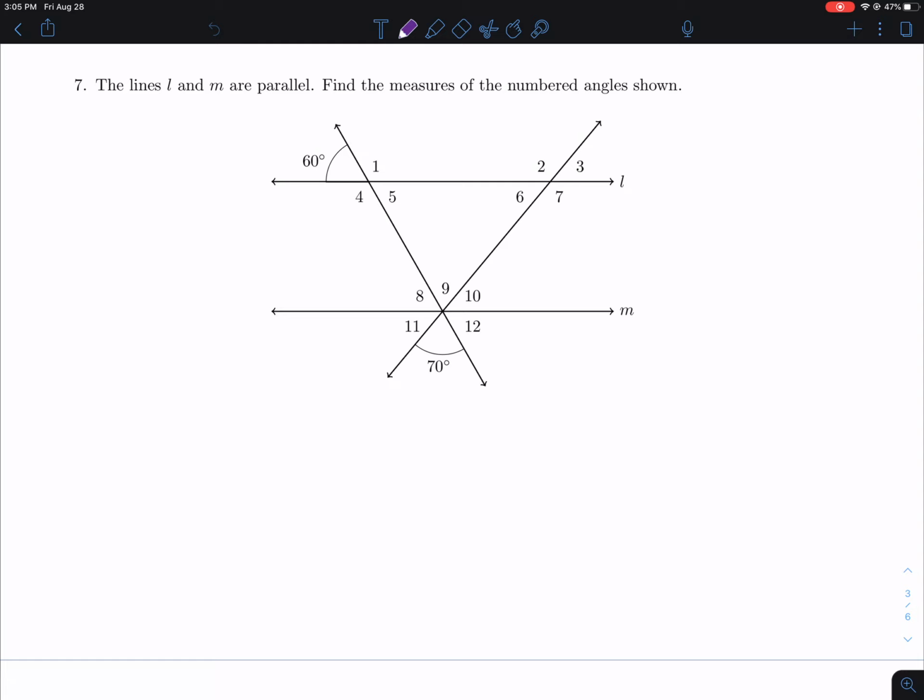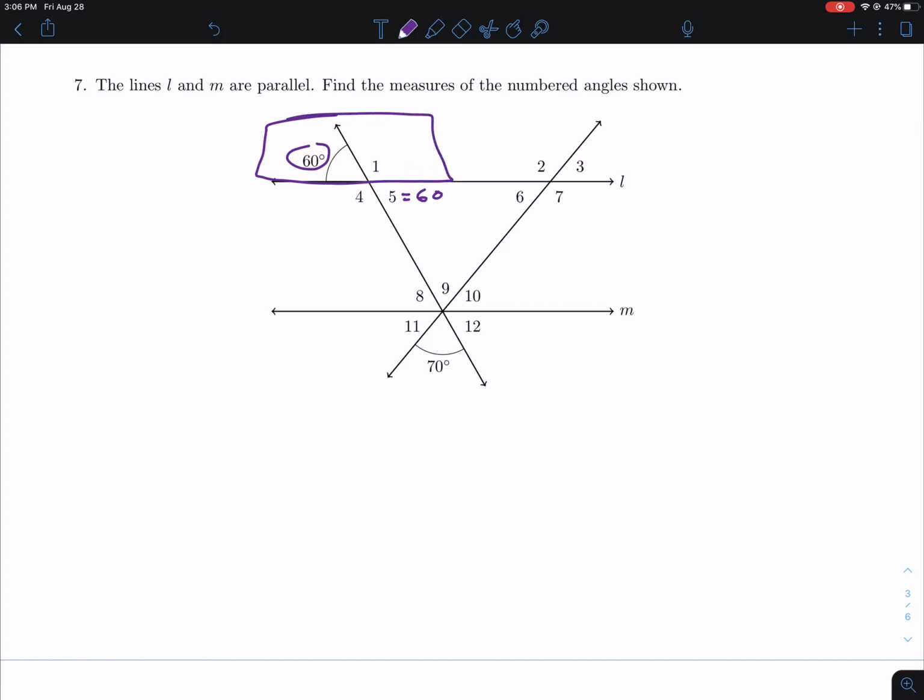So the main thing you want to do is just try to pluck off some easy ones as you go along. So for example, if I look, I see that we've got 60 degrees here, and by the vertical angles theorem, that means that angle 5, for example, has to be 60 also. And then if you look,